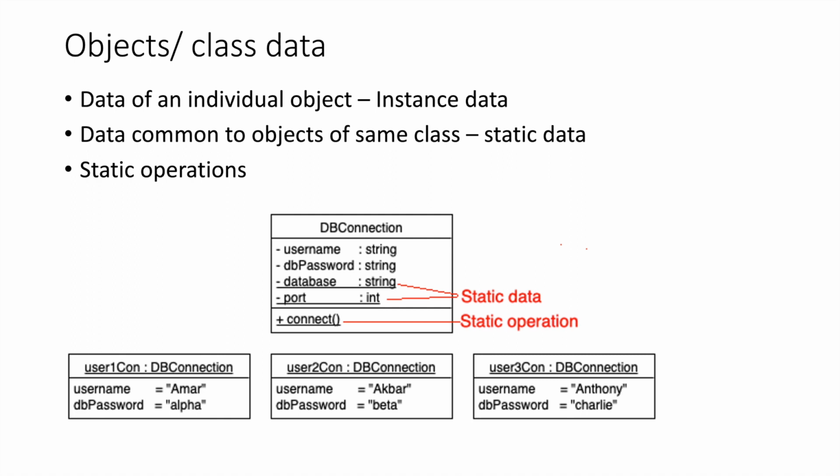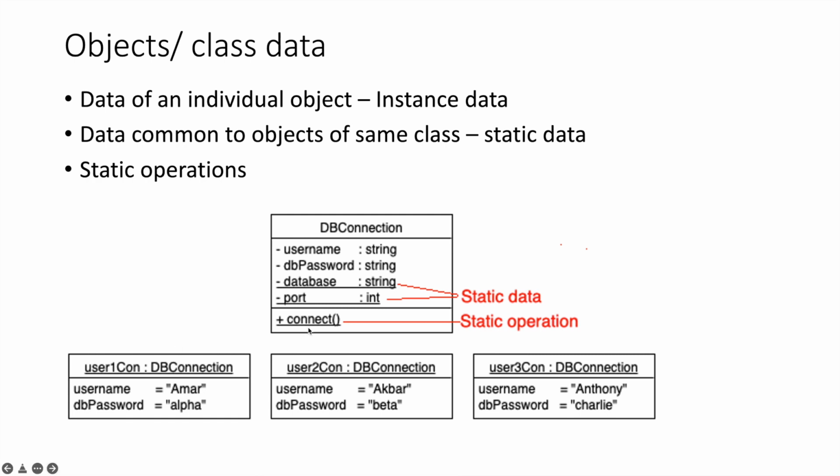For example, suppose someone says db connection dot connect, there is no username and no db password. This operation internally might assume a default username and default password, and it will connect to a database. A static operation can access only static data and it cannot access instance specific data. Static operations are different than instance operations, even though they do not look different except for the underline